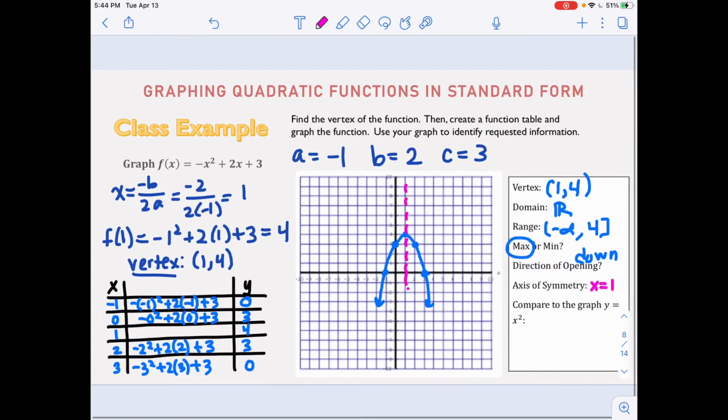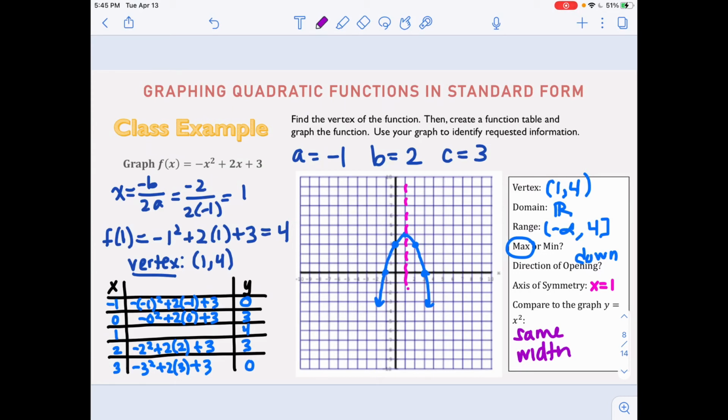And we're going to compare this graph to its parent function. So I look here, and we notice that my value of a is negative 1. So in this case, how does this graph compare in width to the parent function? That's correct. It has the same width. All right, and that's all we're going to write here